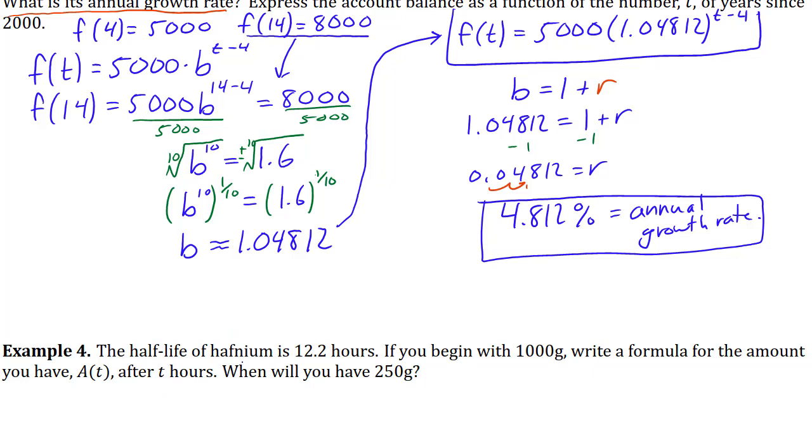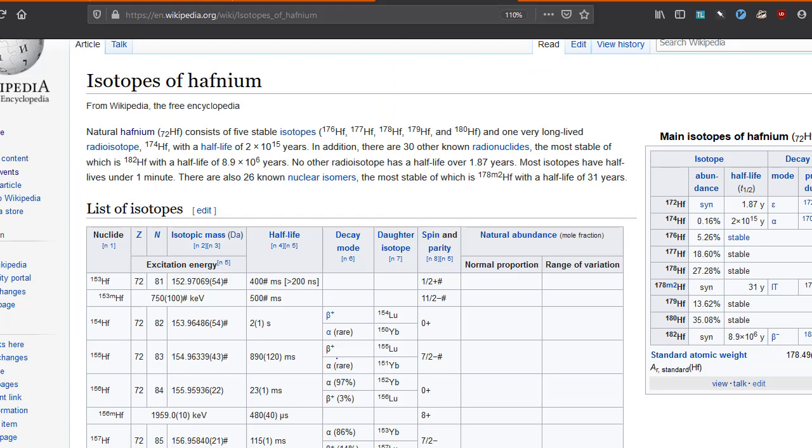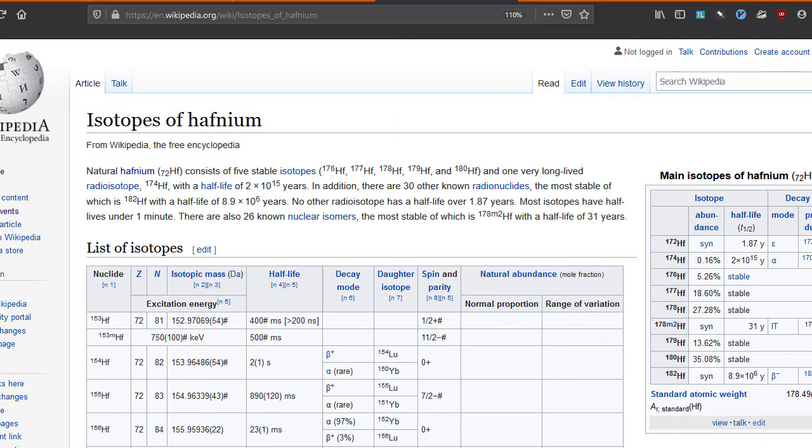And I looked it up just because I was curious, because I thought it was funny that there was this element called hafnium, which has a half-life of 12.2 hours, which is 1/2 of a day. So did they name it hafnium because its half-life is 1/2 of a day? So I looked it up on Wikipedia here, and what I discovered was that hafnium is a radioactive element that